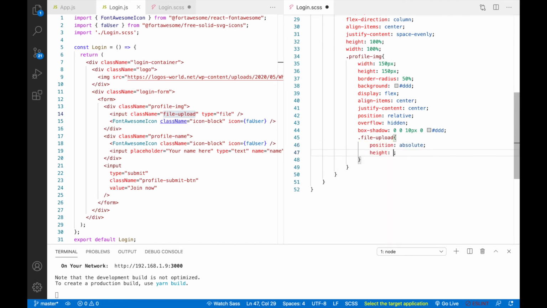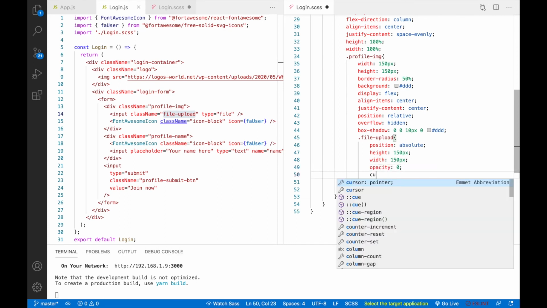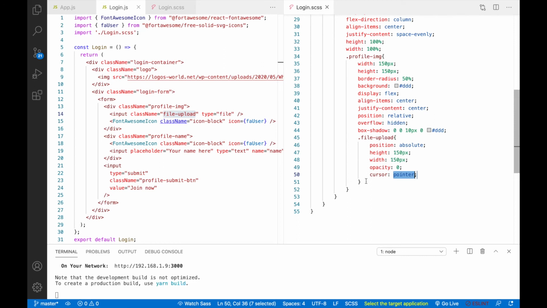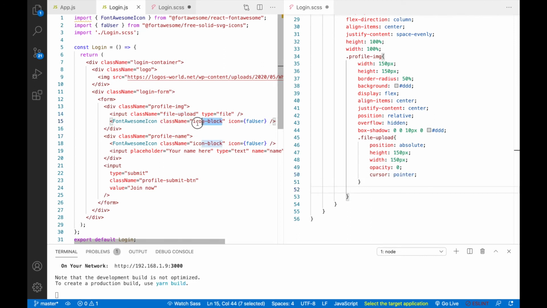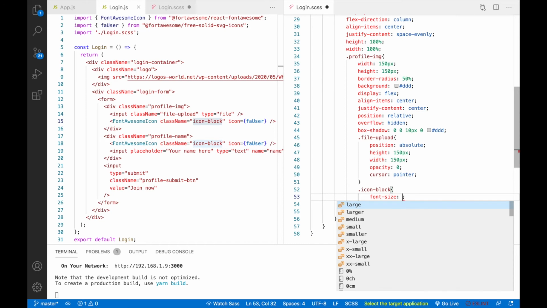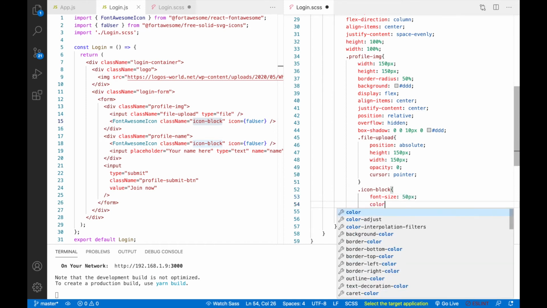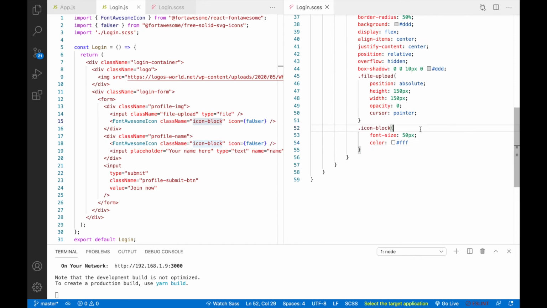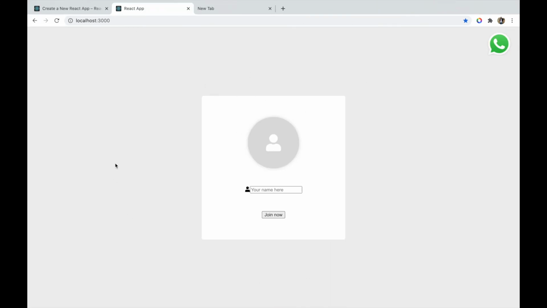Okay, height, so this will be 150 px, and width will be 150 px. Okay, opacity, so this will be 0, and cursor is to pointer. Okay, so after this file upload, so we have a image icon block, right? So we'll write icon block, and for this font size we need 50 px, and color, so this will be white.